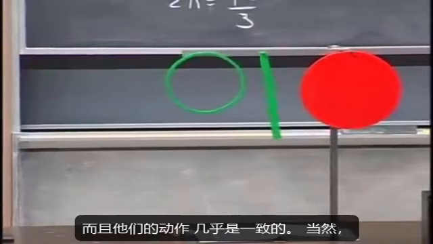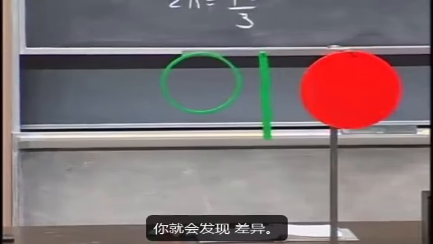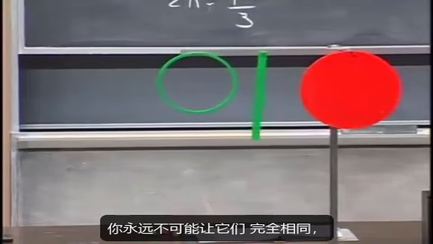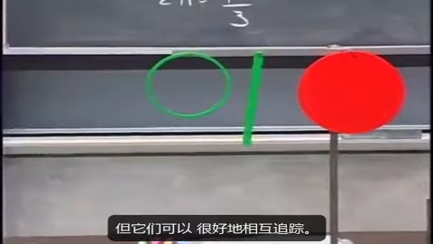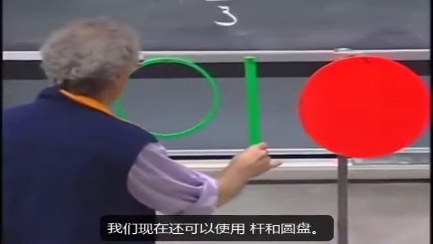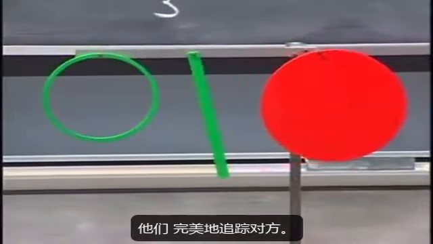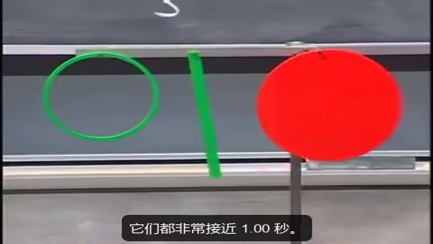And they go pretty much in unison. If you wait long enough, of course, you will see there is a difference, because you can never make them exactly the same. But they track each other nicely. We can now also use the rod and the disk. They track each other beautifully. They're both very close to